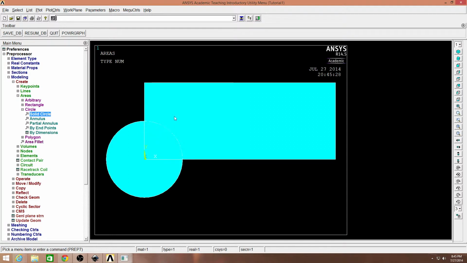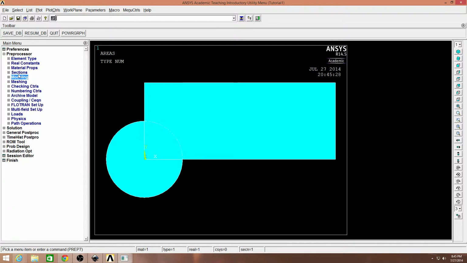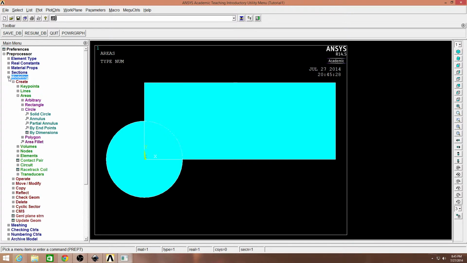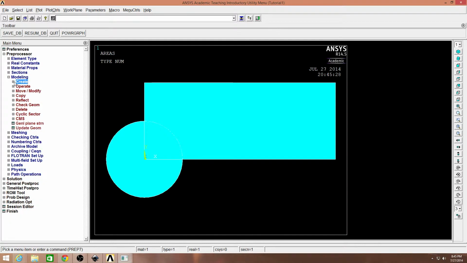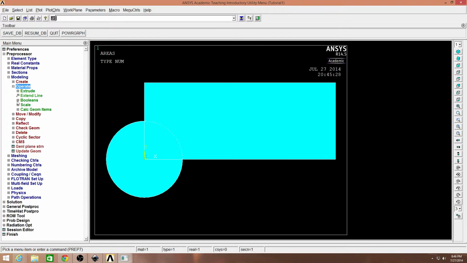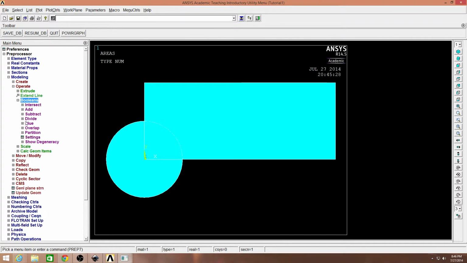This is a fantastically useful thing, so that you don't have to worry too much about messing with it. Now in order to create our plate with the circle missing from the middle, we're going to subtract this circle from the rectangular quadrant. So here we're going to go into the main menu, this preprocessor again. It's in modeling. Instead of in create, we're going to use the operate submenu and do a boolean and subtract